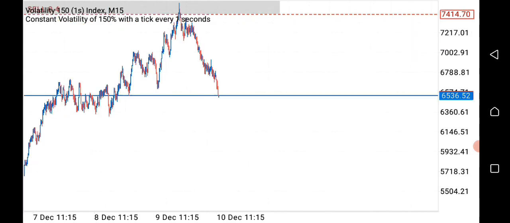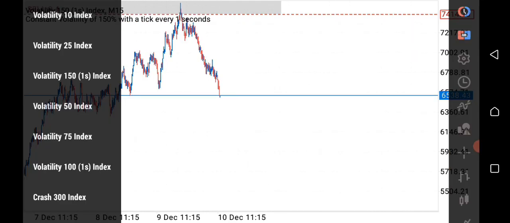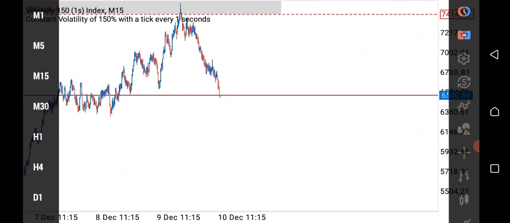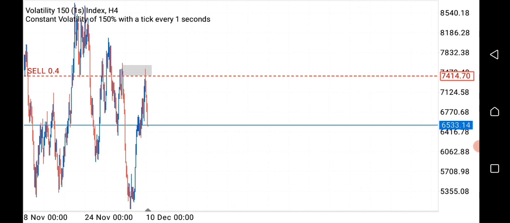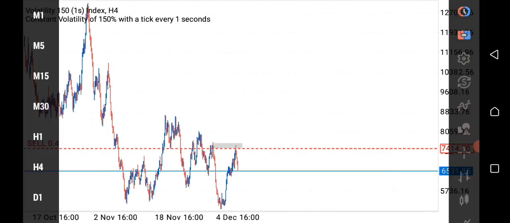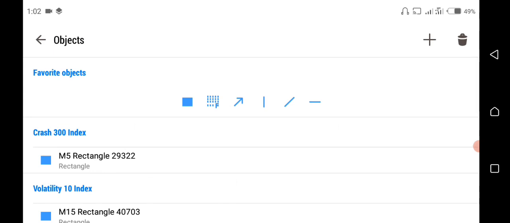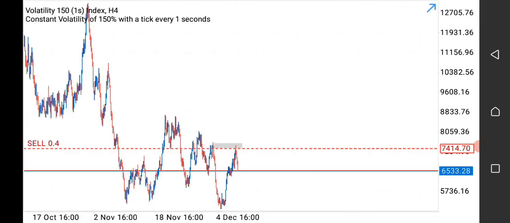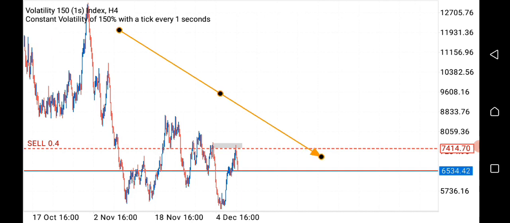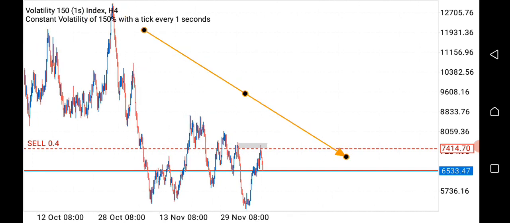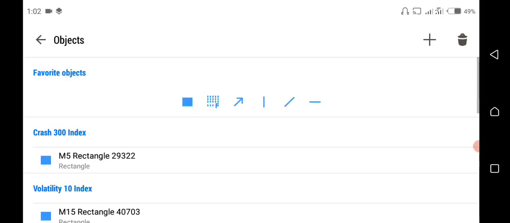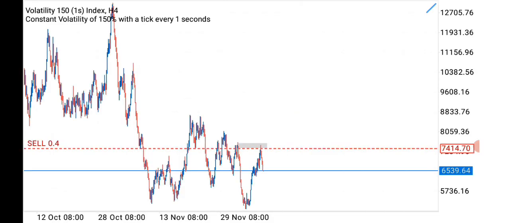So starting from the higher time frames, let's say from the 4 hours, you do your top-down analysis. That's the first thing you do. From the 4 hours, you see the move is to the downside. So in this kind of scenario, I'm only looking for supply zones, not demand zones, because the market has to go to the downside. So if I bring out my trend line and put it across,